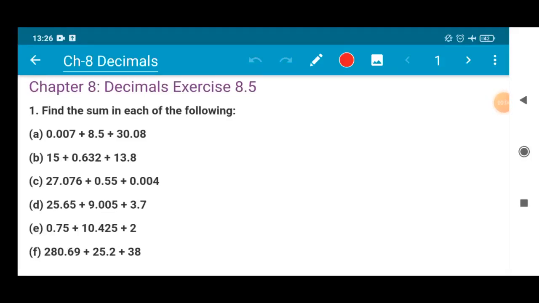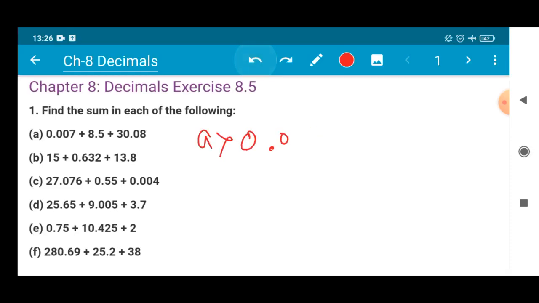So in today's session we will be doing question number 1, 2, 3, 4. We'll try to cover as many questions as we can. Let's see how much we can do today. Okay, so question number 1 states: find the sum of each of the following. The sum of decimals we have done in the previous class also. The basic concept is the same, which we are going to apply here today also. Alright, so question number A states that